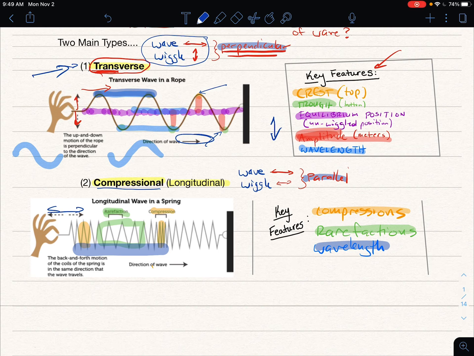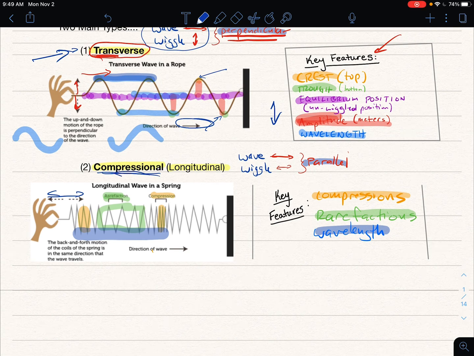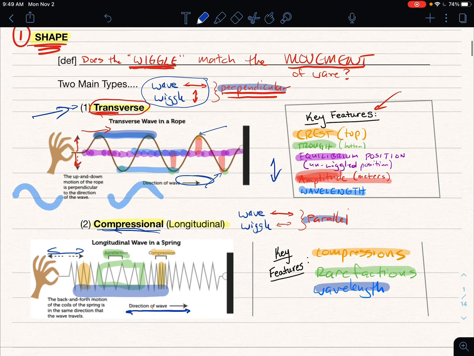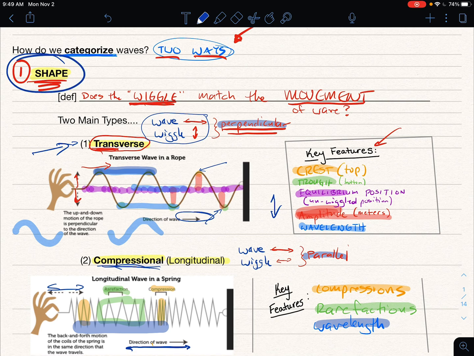That's the wave. This right here, the compressional one, would be a lot more like telephone, that game we played in elementary school where you would lean over to your right and listen, and then lean to your left and whisper into the person's ear. The telephone phrase went around the room and your little heads bobbed back and forth, left and right. So the first way that we're going to describe waves is the shape.